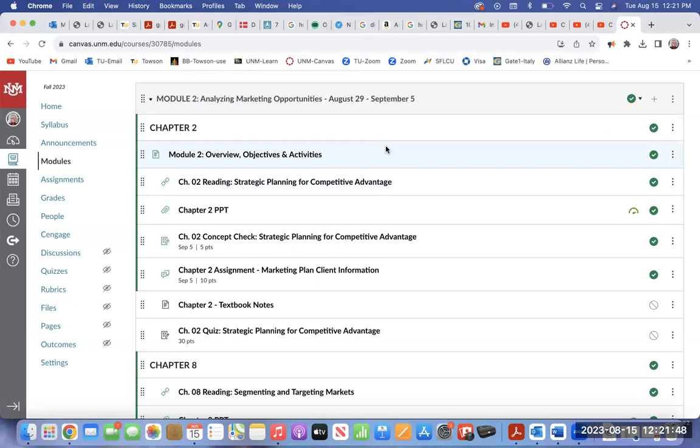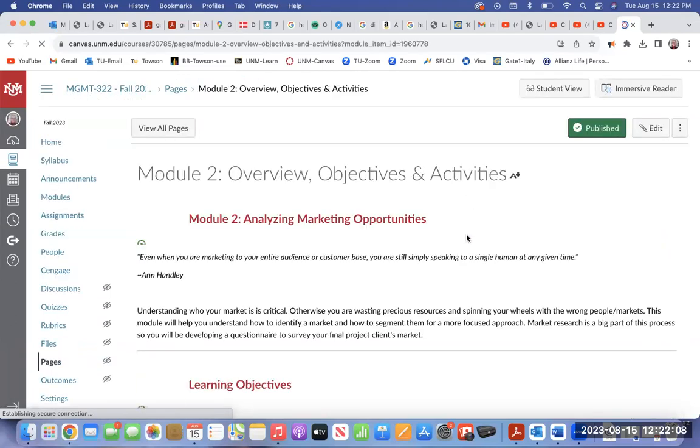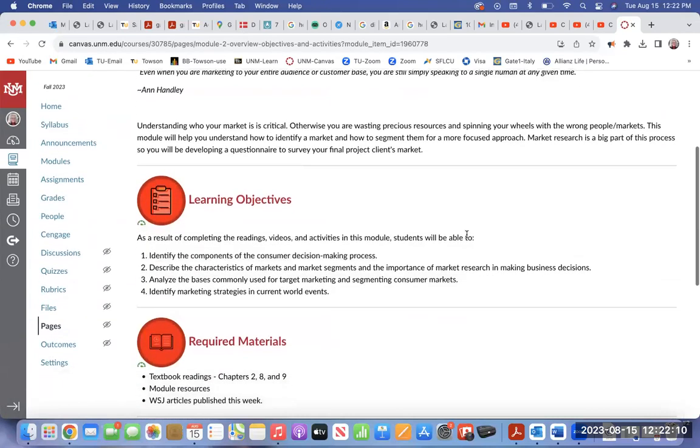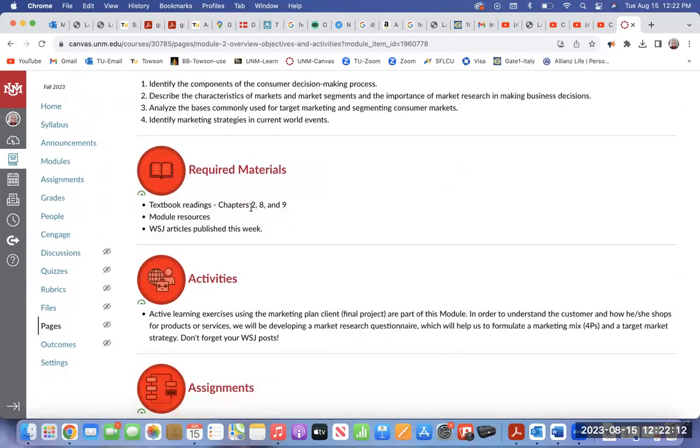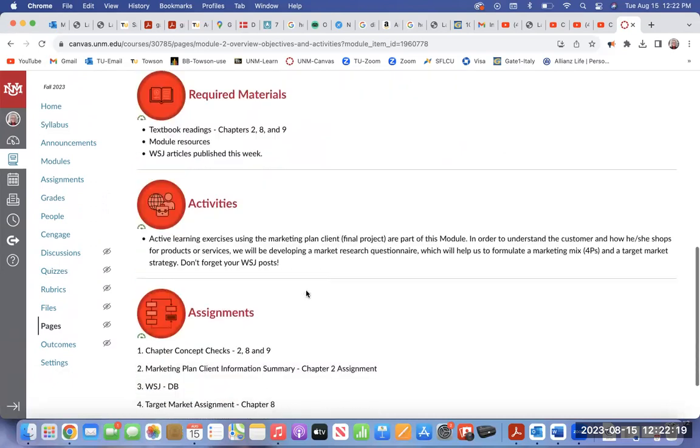In Module 2, we are adding chapters. Module 1, we started out a little slow and we talked about the marketing plan, but now we're going to add chapters. We're really going to get rolling in this 8-week session, and you guys have to hold on. It's a roller coaster and you got to keep going, okay? So Module 2 just outlines basically what we're going to do is chapters 2, 8, and 9. We jump around a little bit, but I put it together and it makes sense what we're doing together.